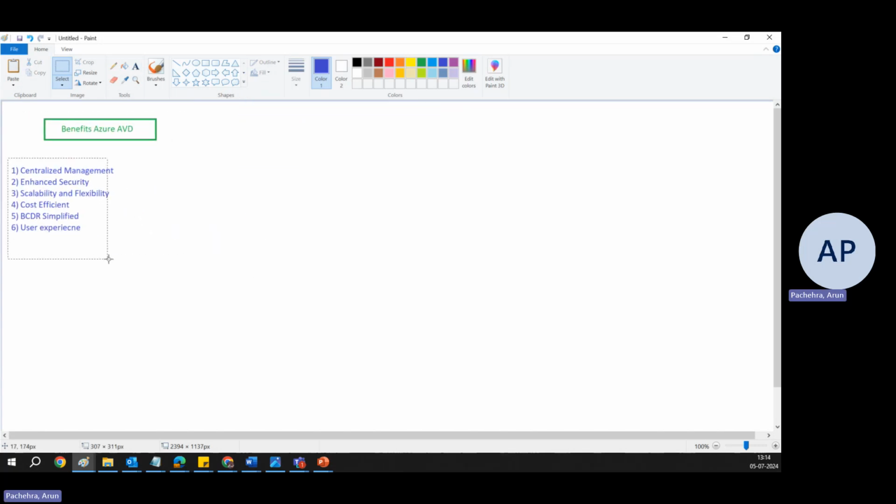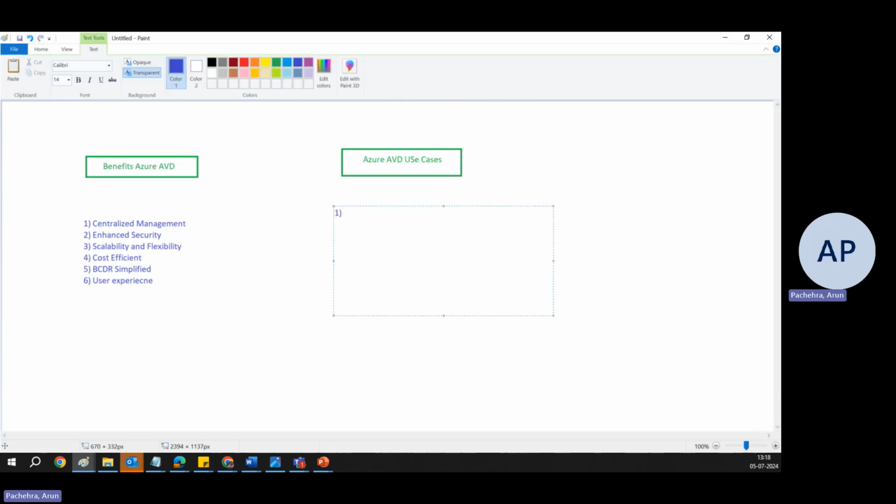These are the wonderful benefits that we talked about of Azure AVD. Now let's try to comprehend these benefits with the help of some use cases. So let's suppose there is an organization,